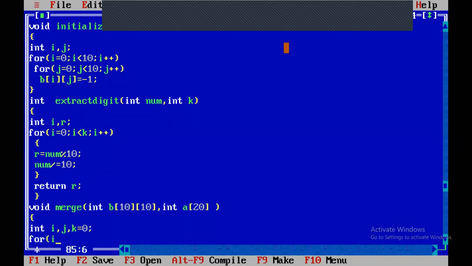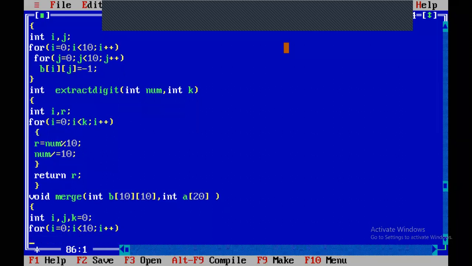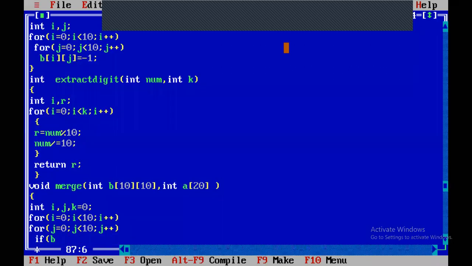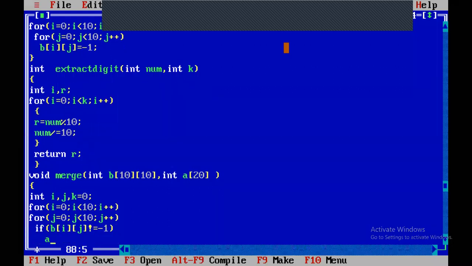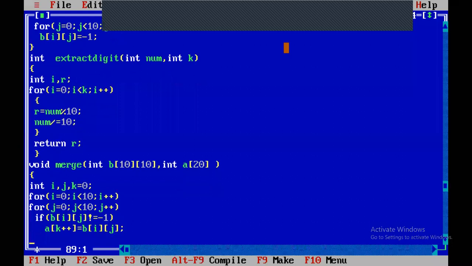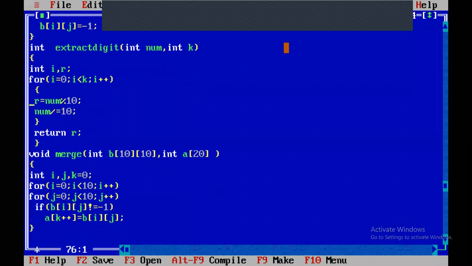For i equal to 0, i less than 10, i plus plus; for j equal to 0, j less than 10, j plus plus; if b of ij is not equal to -1, then b of k plus plus equal to b of i through jth column. This is the function we are using.